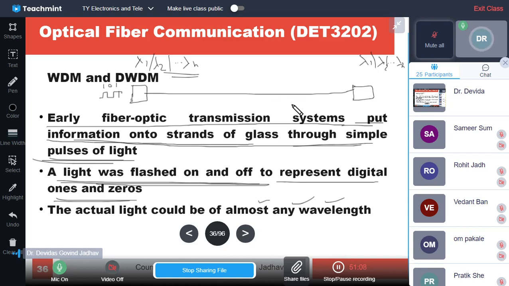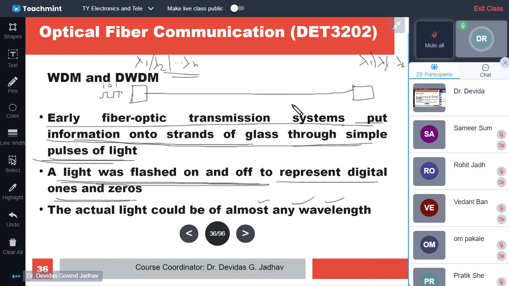And this increases the bandwidth hugely. Optical fiber systems already have enormous bandwidth, and if WDM is used, that enormous bandwidth is increased multifold, 100 times. So hundreds of gigahertz of bandwidth goes into tens of terahertz, hundreds of terahertz, and this we have seen in the advantages. We have discussed this in the advantages, isn't it, in the first chapter, second point.